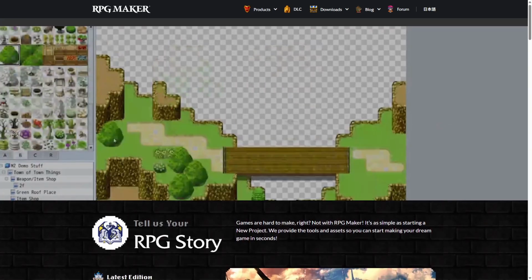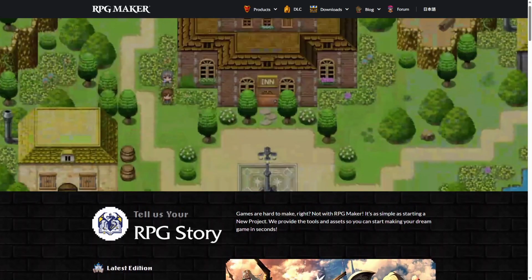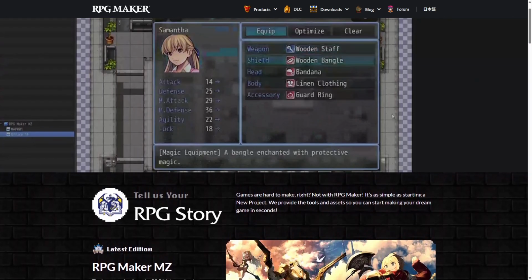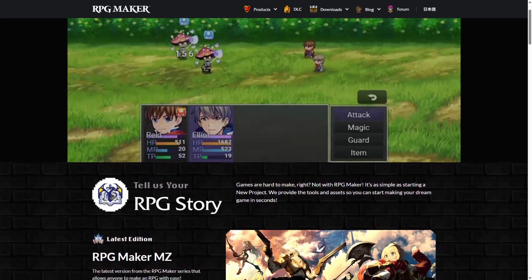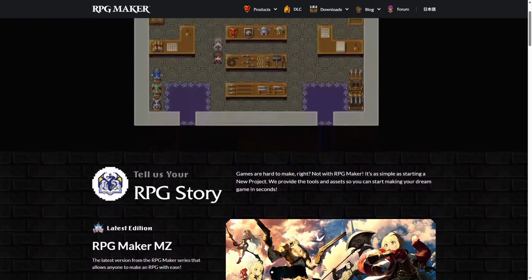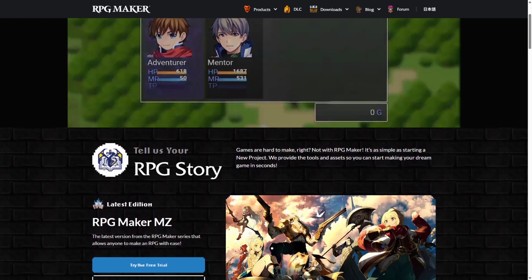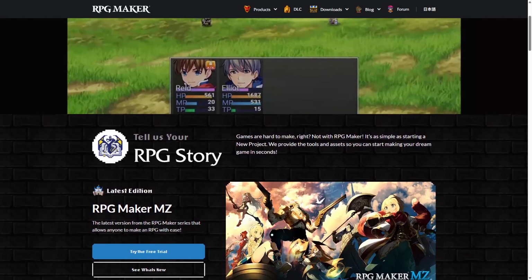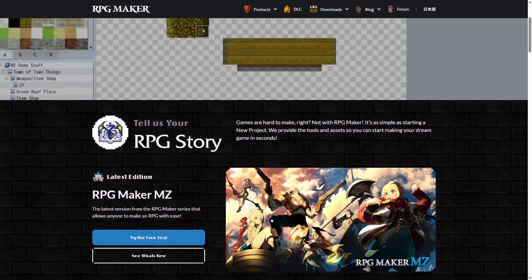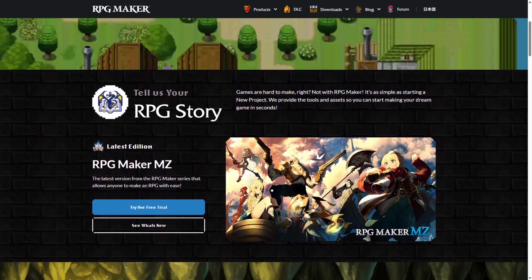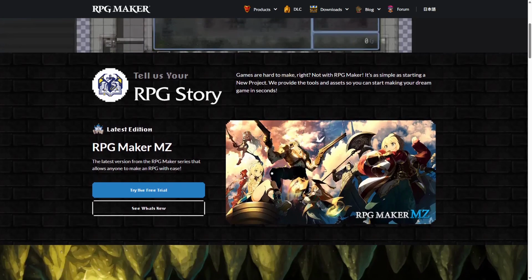RPG Maker is a specialized game engine focused on simplifying the creation of role-playing games. It offers a user-friendly interface with built-in assets like character sprites, maps, and battle systems, making it accessible to users with little to no programming experience. RPG Maker automates many RPG-specific mechanics such as turn-based combat, inventory management, and dialogue systems, allowing creators to focus on